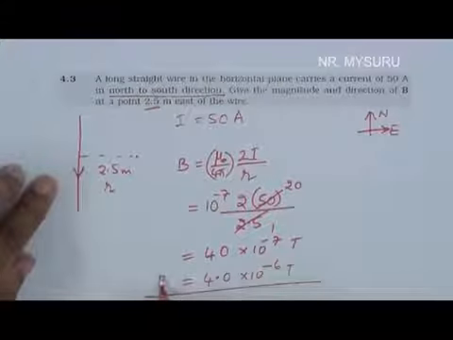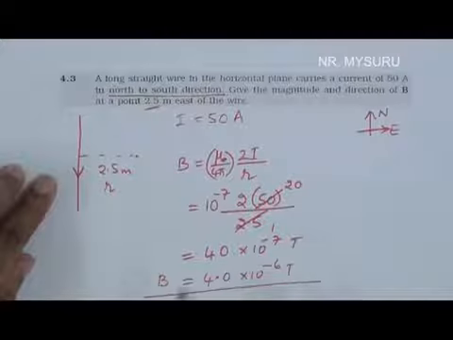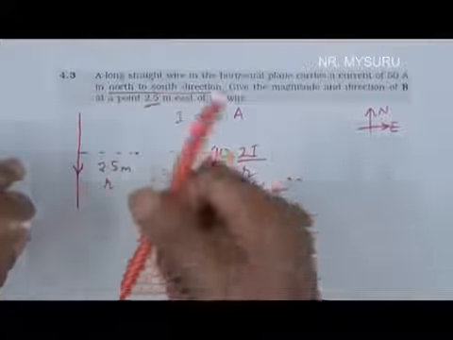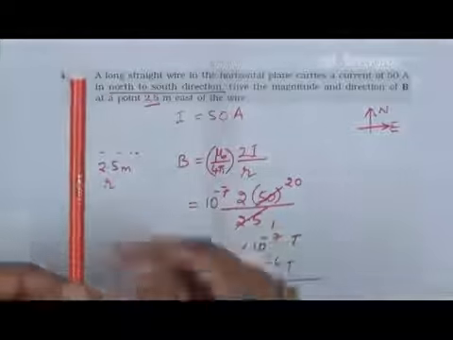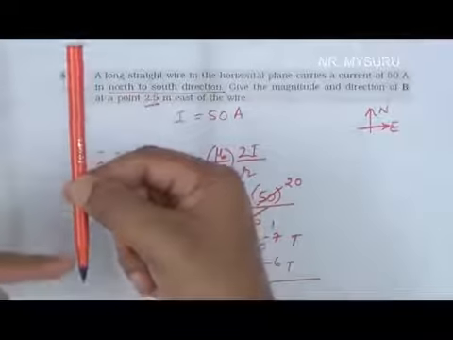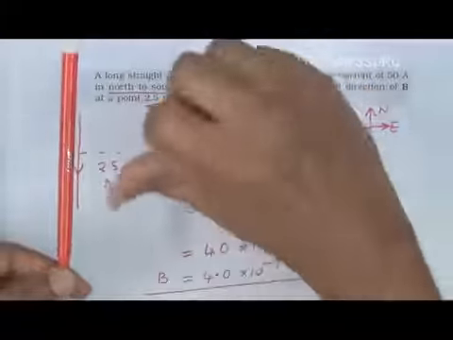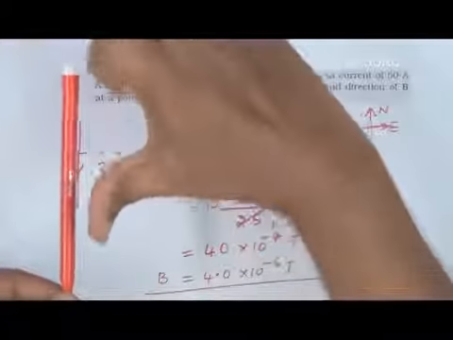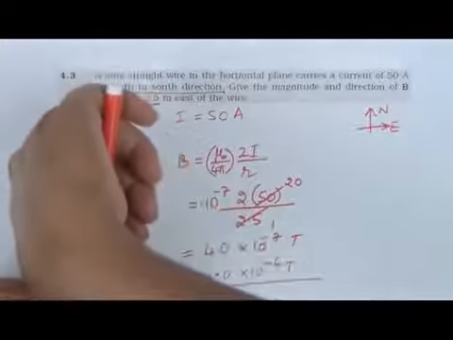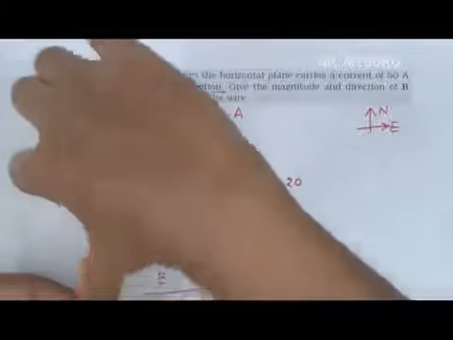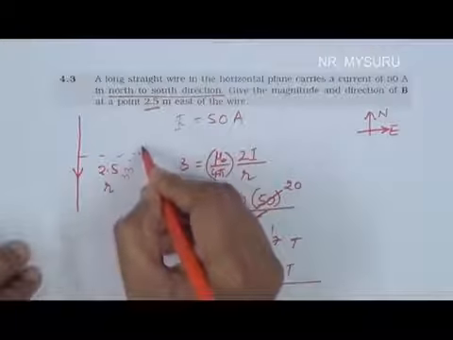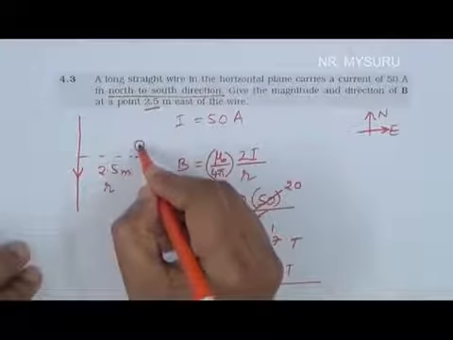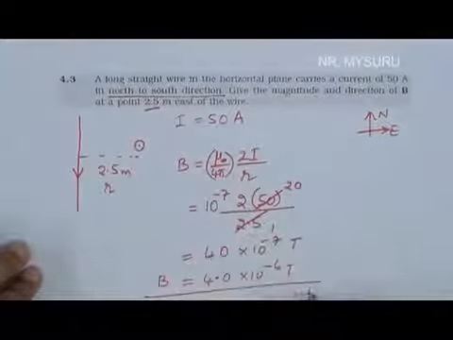This is magnetic field. And what is the direction of magnetic field? Let this be a conductor, direction of current towards east. If we hold the conductor such that thumb is in the direction of current, then curvature of fingers gives the direction of magnetic field. So in this case, direction of magnetic field is upward. So it is vertically up, denoted by this symbol.